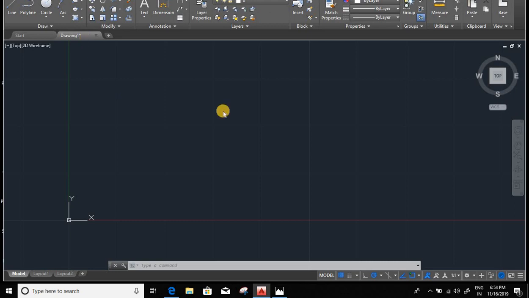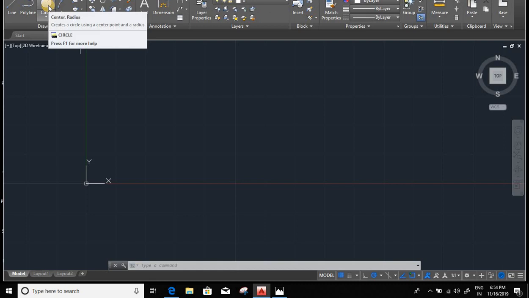In AutoCAD, you will work with only two parts, 2D and 3D. In the 2D part, you will cover the draw toolbar and modification toolbar. For more commands of the draw toolbar, you can click on this drop down arrow and access all the commands from here, and you can also use shortcut keys for these draw and modification toolbar commands. If you want to create anything on this page or layout, you have to select a particular drawing tool from here. You can select circle, line, rectangle, arc and ellipse.